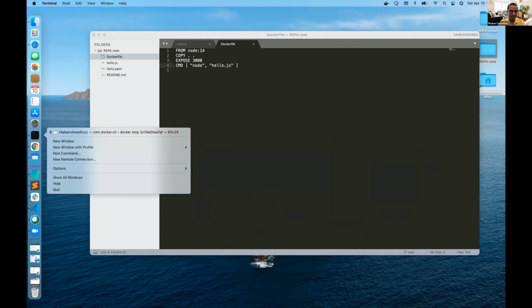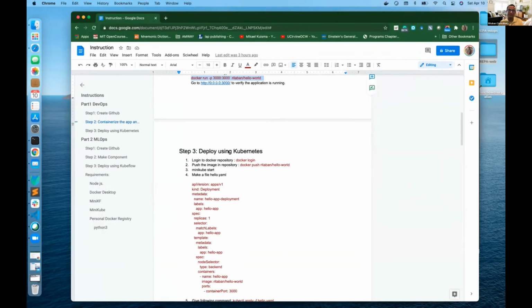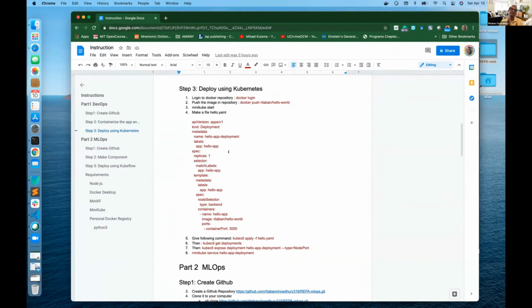Okay. The next logical step is to deploy it in a Kubernetes cluster. Step 3. So you have a Hello World application. You made it containerized, an isolated environment. Then you deploy it in a scalable orchestration platform called Kubernetes. Kubernetes, you can imagine as